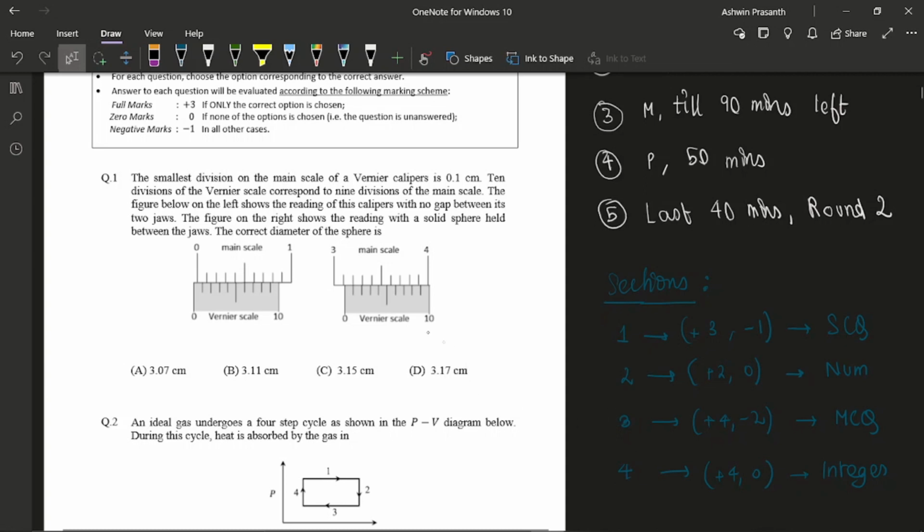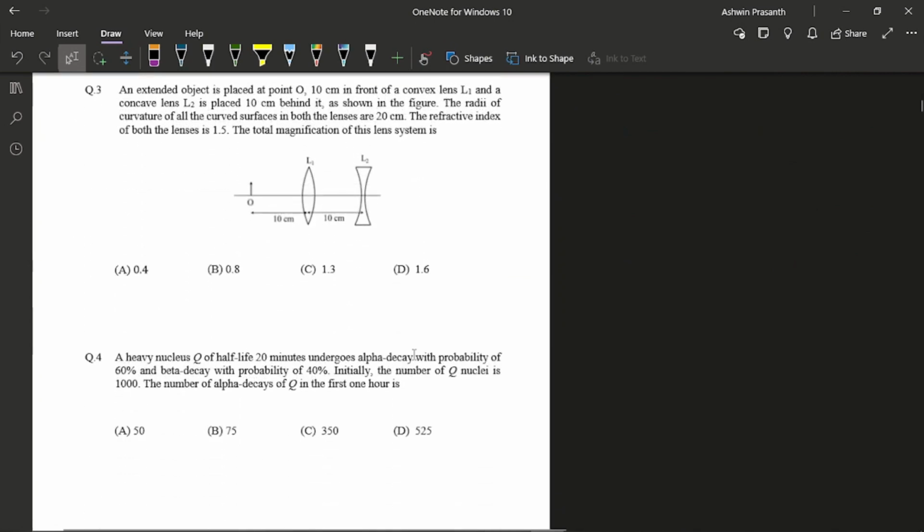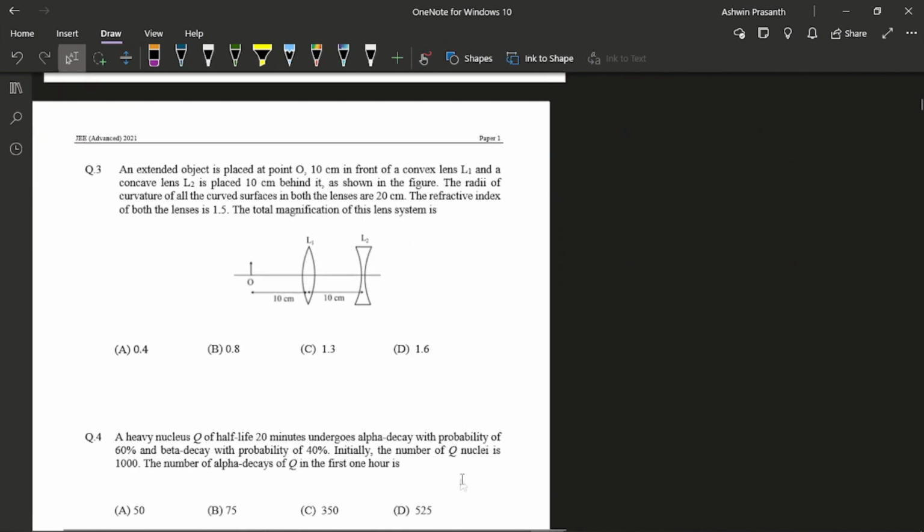So like I said, I started with physics. This was question 1, and I was comfortable with 1A caliper, so I was able to solve it easily. And question 2, this was a very easy question. You had to analyze the graph, and I solved it quickly in I think 1 or 2 minutes. And then this was the next question in my paper, and even this I solved easily, I think in 2 to 3 minutes.